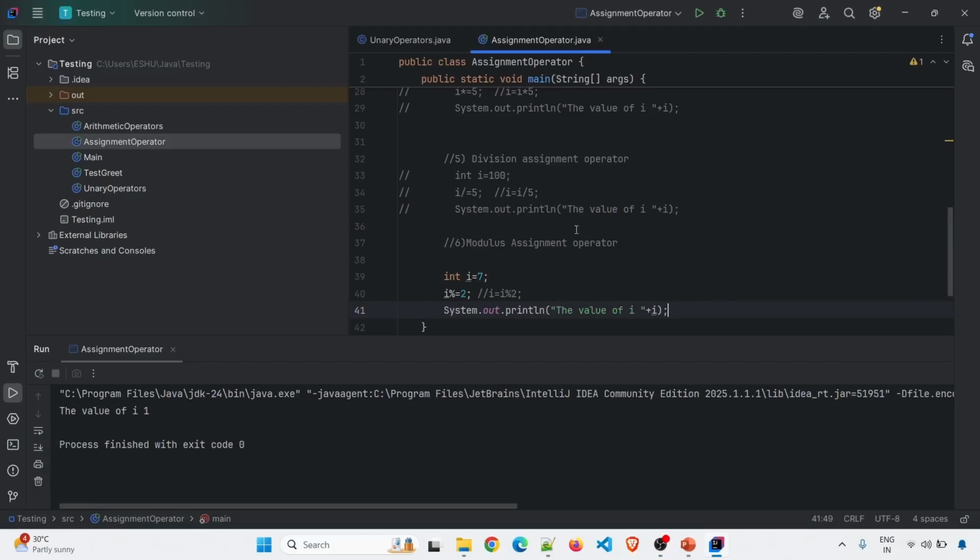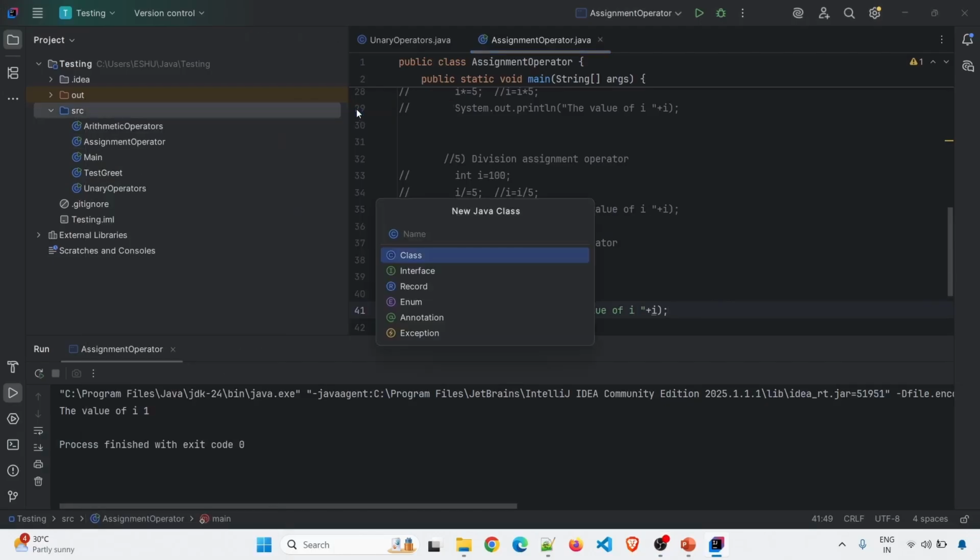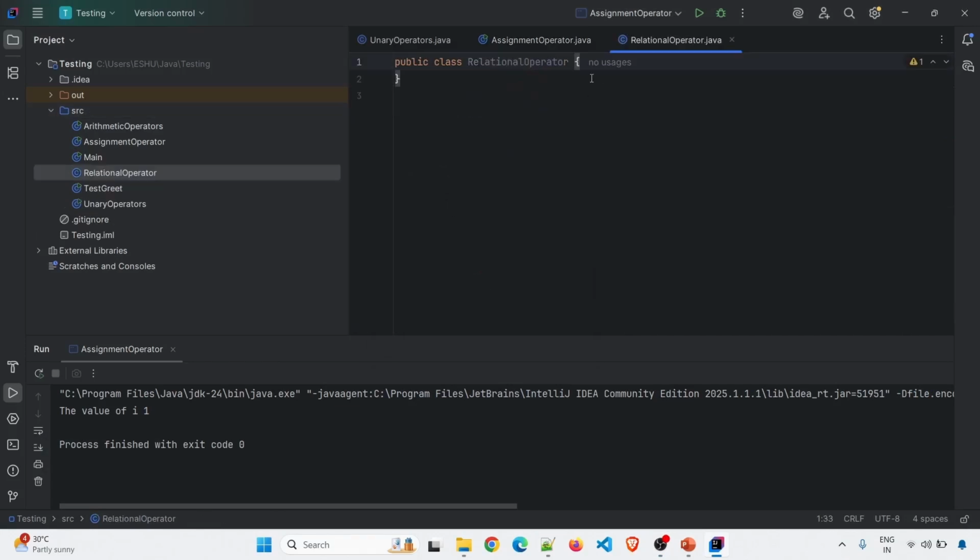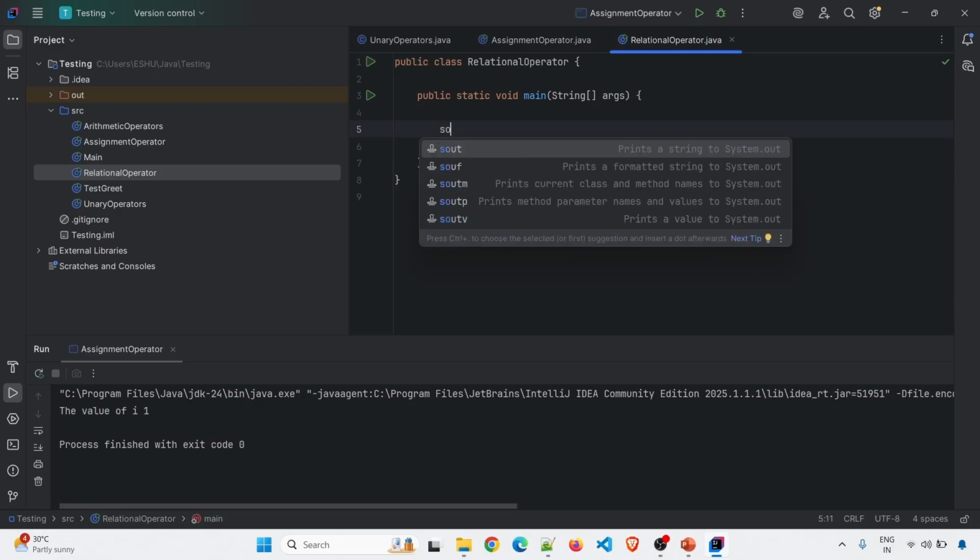So I have opened my IntelliJ IDEA. I will go ahead and create a new class and I will name it RelationalOperator. So I've created the class. I will create the main method inside it. Now suppose, as I said, it is used to compare the equality of two values. So suppose I have to compare whether 5 and 10 are equal or not. So simply I can print